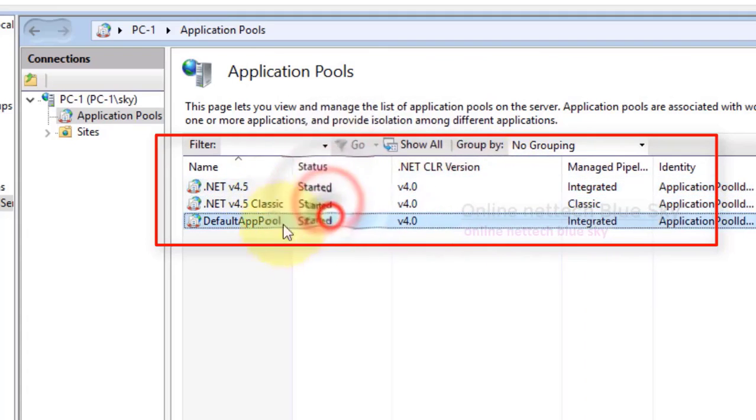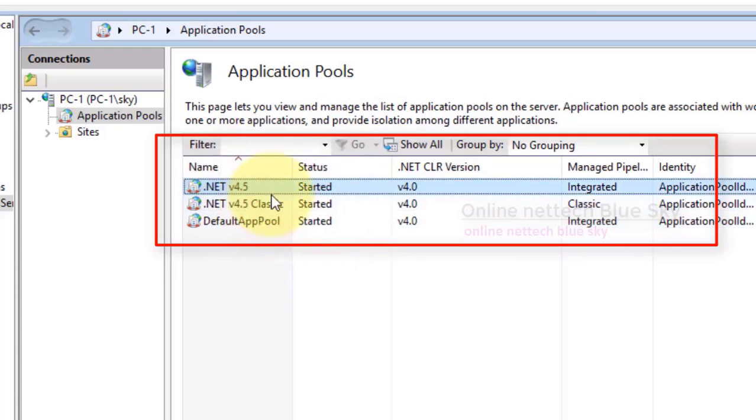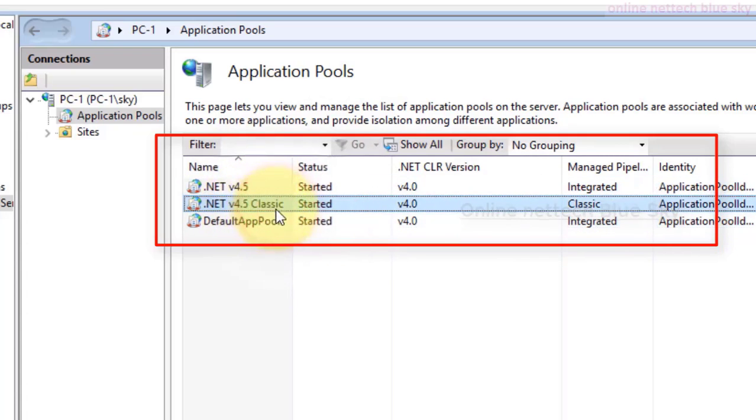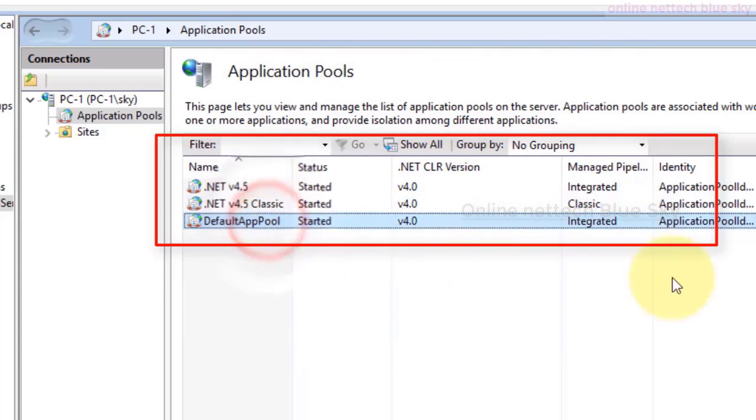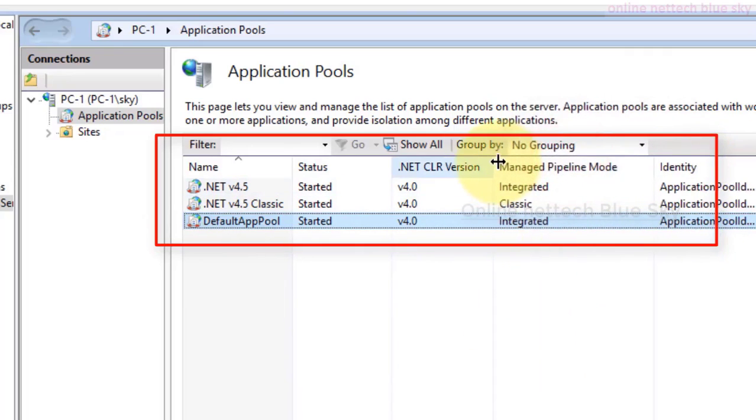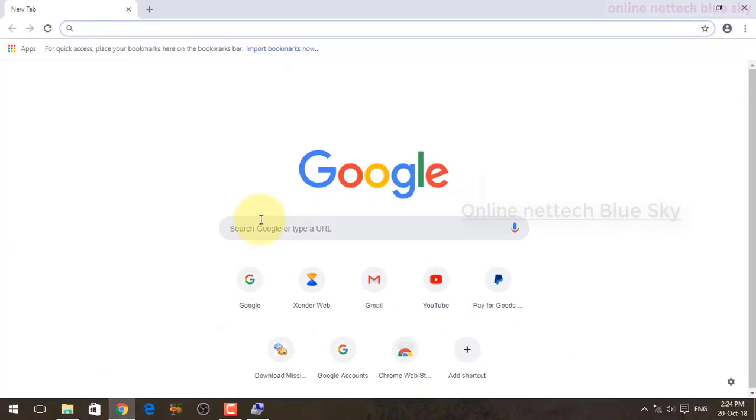Microsoft provides this type of application pool on Windows 7, Windows 8, and Windows 8.1, but these are used only on a server operating system when you create a server. So there is .NET version 4.5 and .NET version 4 Classic, different types you can set in your computer.